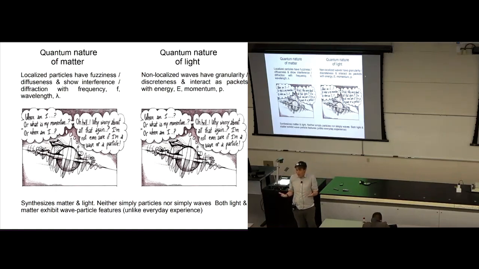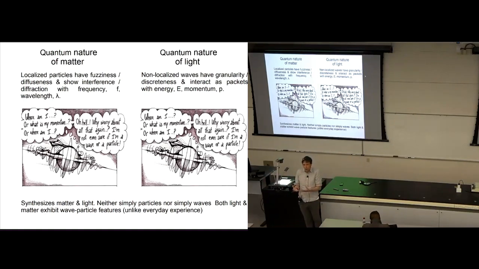So light and matter are neither particles nor waves. Rather, they're something that we have no experience of in our everyday world, because our everyday world is all about things that are either particles or waves. They are something that exhibits both wave and particle-like properties. There's some sort of entity that's in a way more complex, more difficult to imagine, that has wave and particle-like